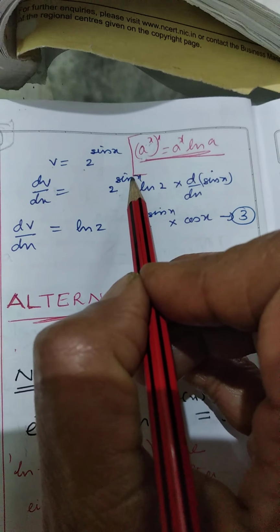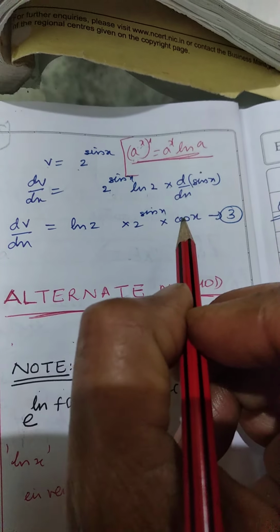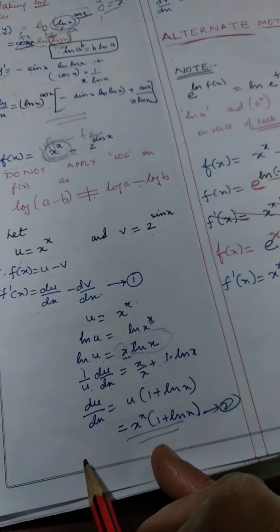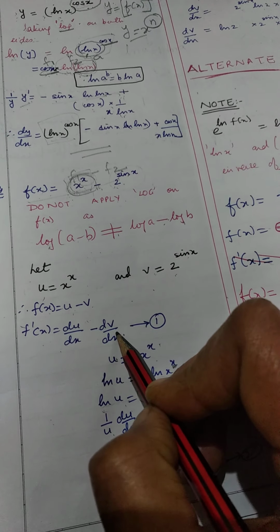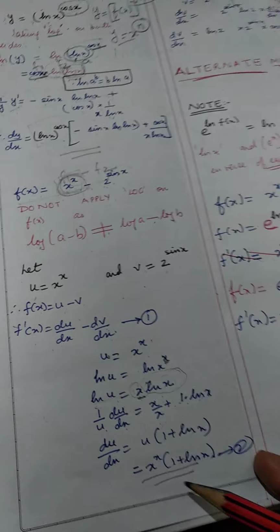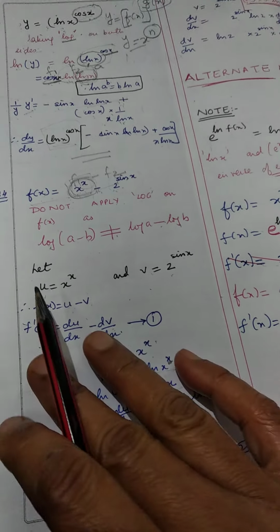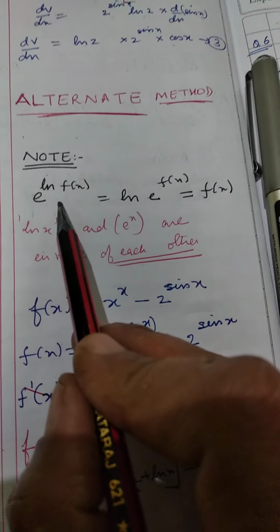So it happens to be 2 to the index sine x log 2 multiplied by the derivative of sine x, which is cos x. And the two together should be taken up. And finally, we'll have the derivative of the expression as du on dx minus dv on dx. Put the value here, you get the derivative of the function. There is one alternate way, that is